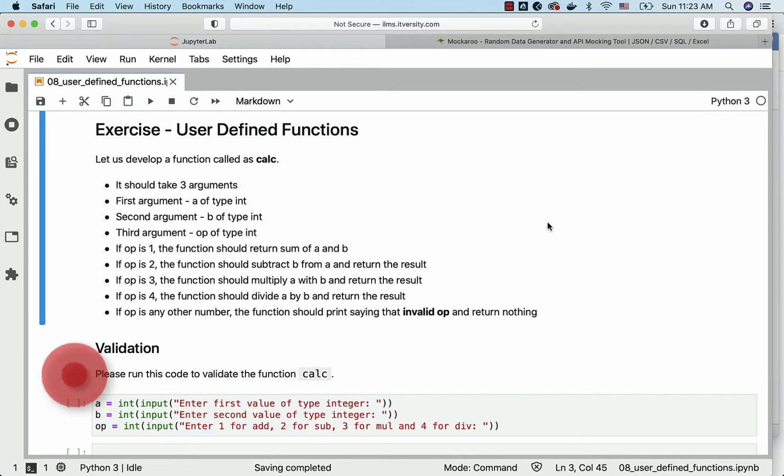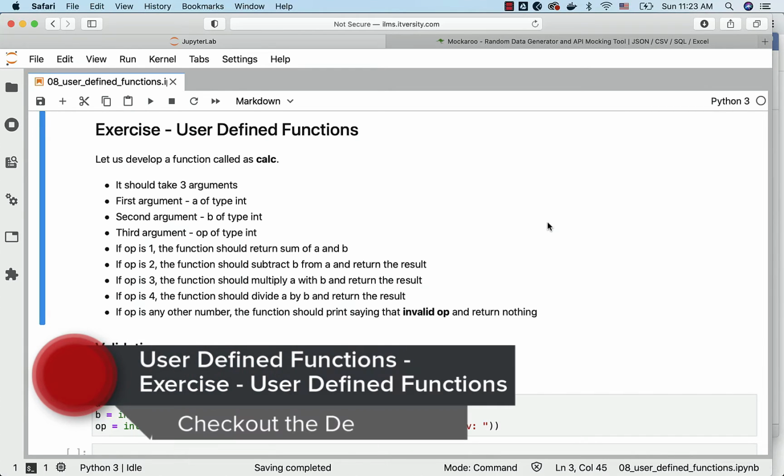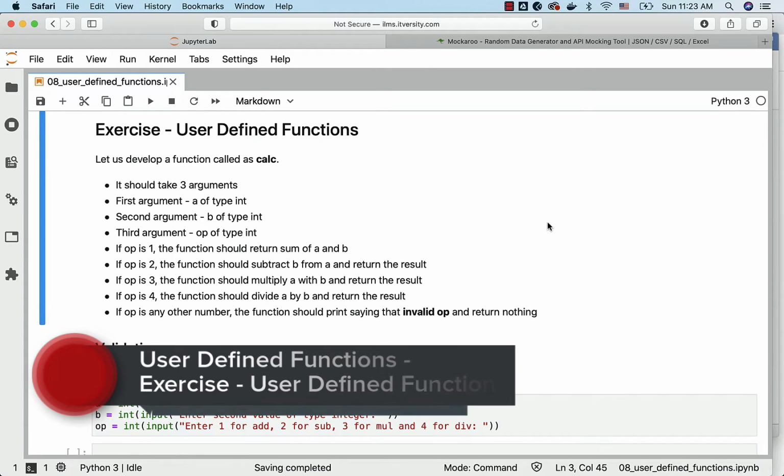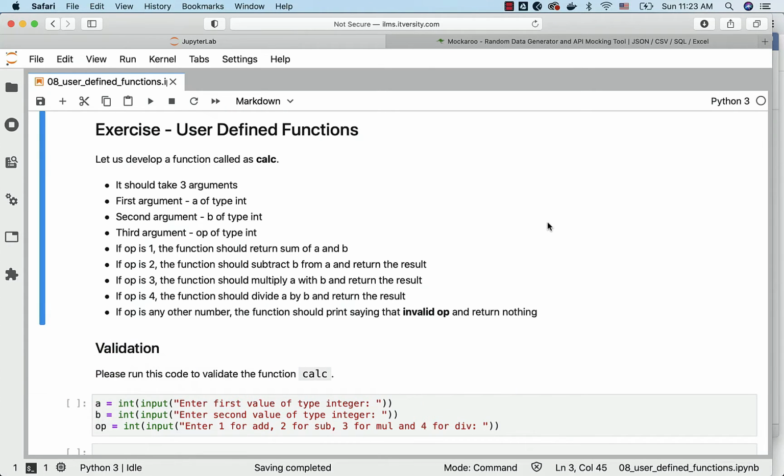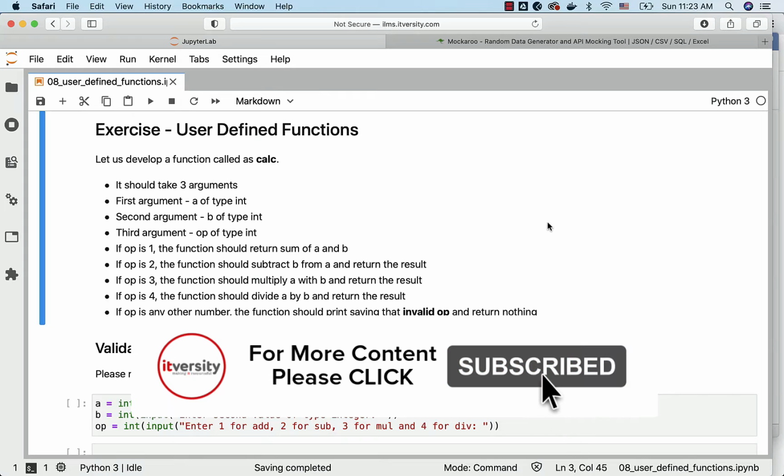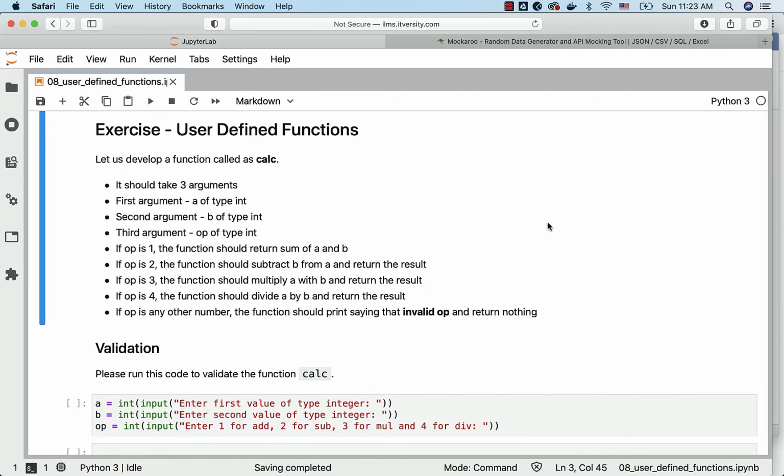As we have gone through all the details related to user-defined functions, let us develop a function called calc so that we are really comfortable with defining the functions. We are not going to include the varying arguments or varying keyword arguments as part of this function because they are a bit advanced and we need to be familiar with collections before we start doing exercises related to those aspects of user-defined functions. For now, we'll use simple arguments or parameters and we'll try to solve this problem.